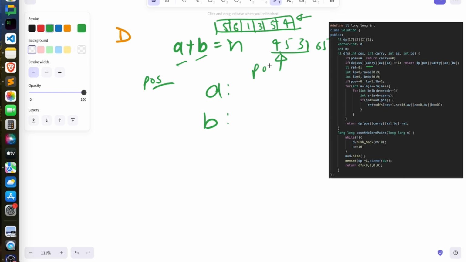And this is my position, right? So this LA and RA is the minimum and the maximum value which you can go at this position for A. So this is my position. I know that the digits could be from 0 to 9, right? But